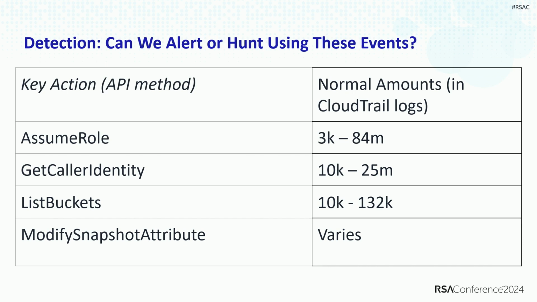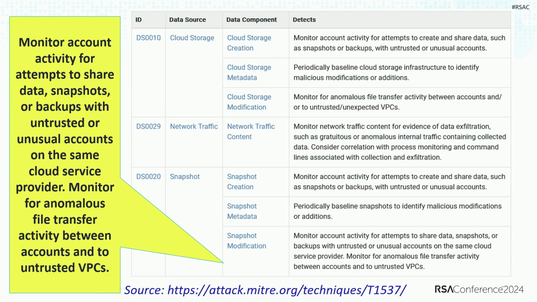Because assume role, if you're not familiar, is the way a virtual machine instance obtains credentials and access tokens in order to be able to do work. So you can define policies and say that this virtual machine is authorized to work in these services. And so the virtual machine can do an assume role and obtain temporary credentials to work in those services. And that goes on all day long. So if you have a large fleet, you can have a large number of those events. And similar with these others, the numbers are simply too large in these cases for simple alerting.